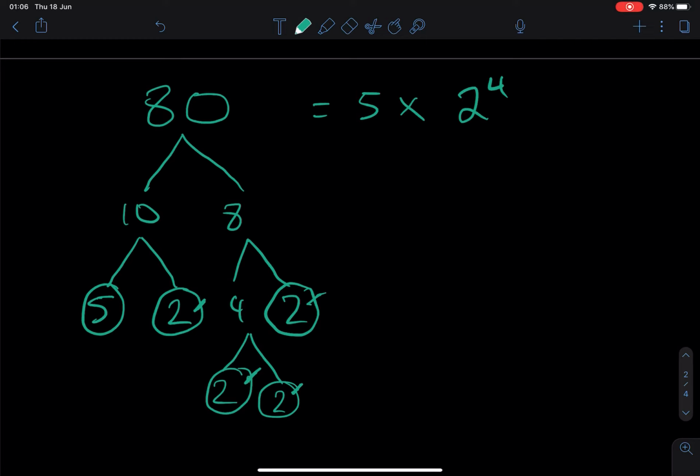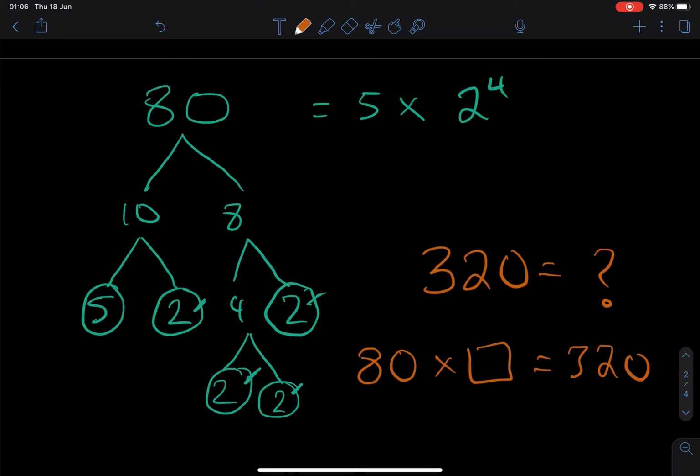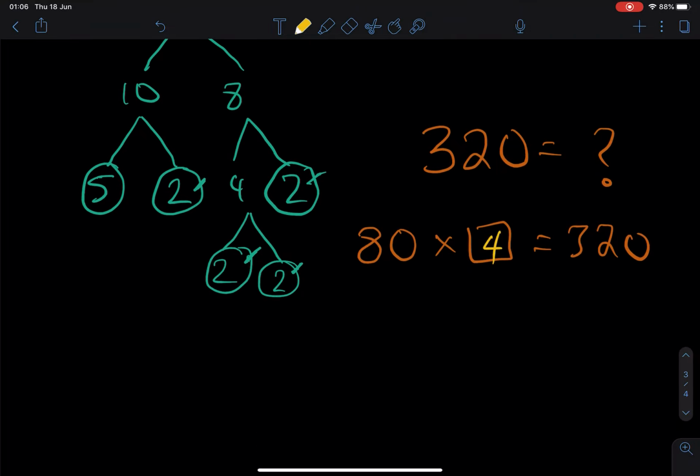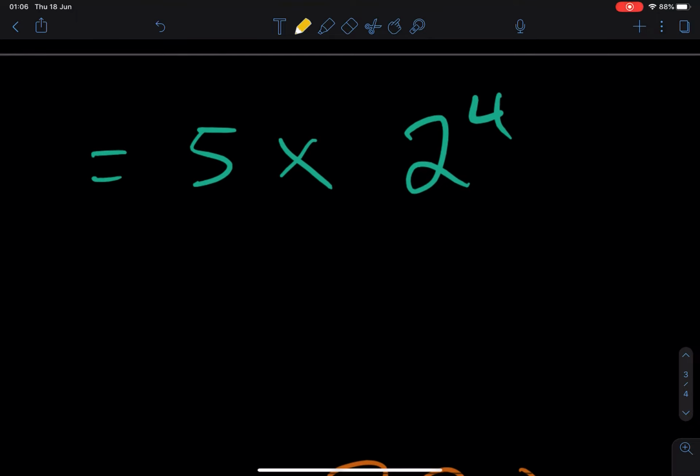So if I know that 80 is 5 times 2 to the power of 4, what do I think 320 would be? What's the relationship between 80 and 320? So 80 times something is 320. We know that that something is actually what? 4, right? So 80 times 4. So actually, if I wanted to work this out, 80, which I know can be broken down into 5 times 2 to the power of 4,